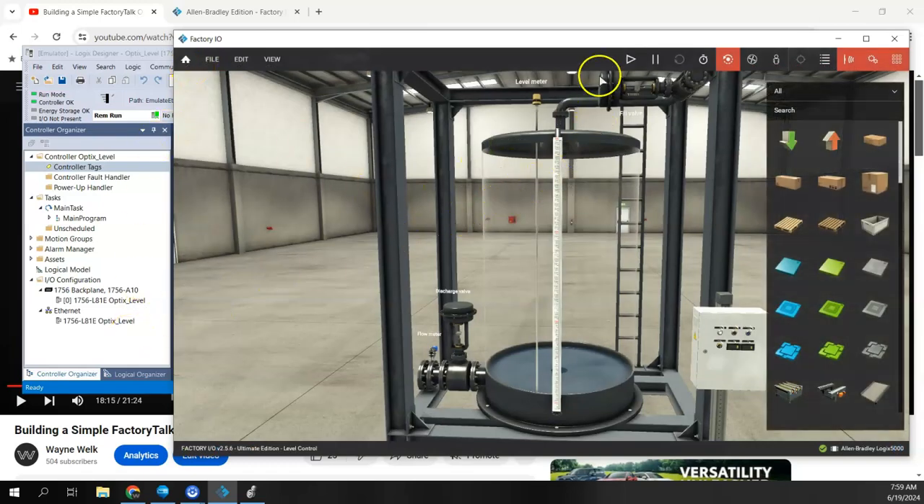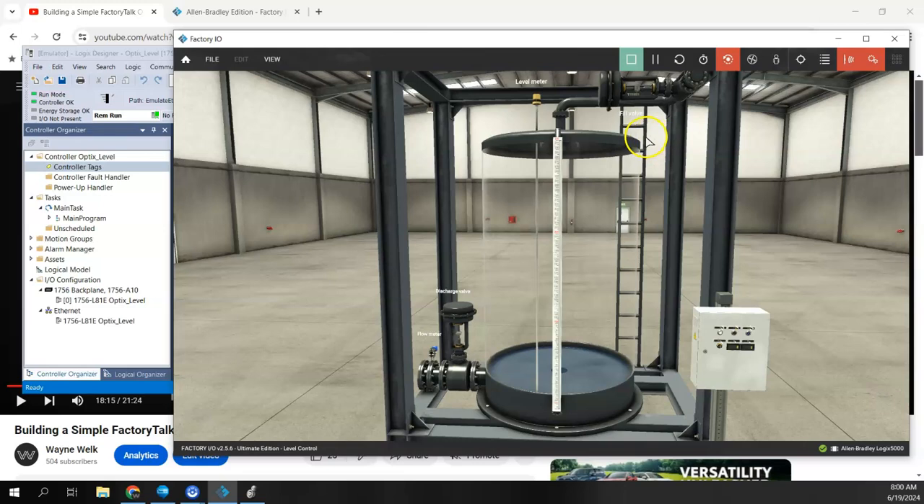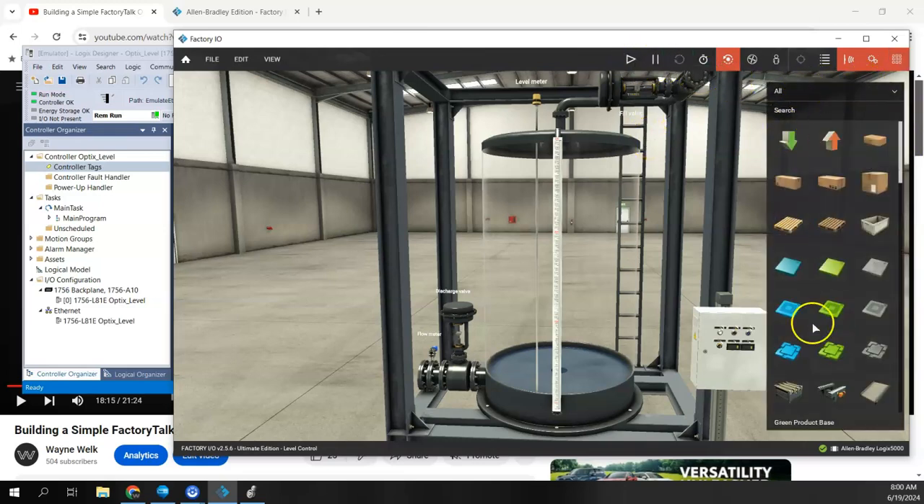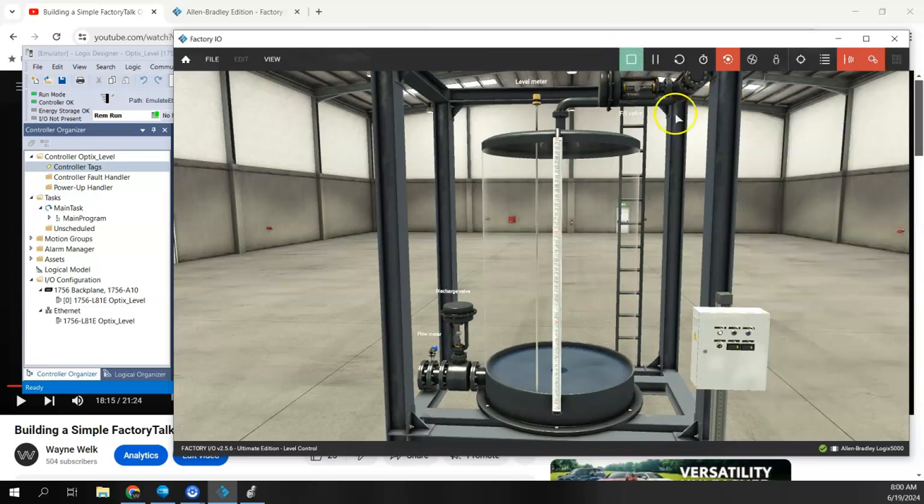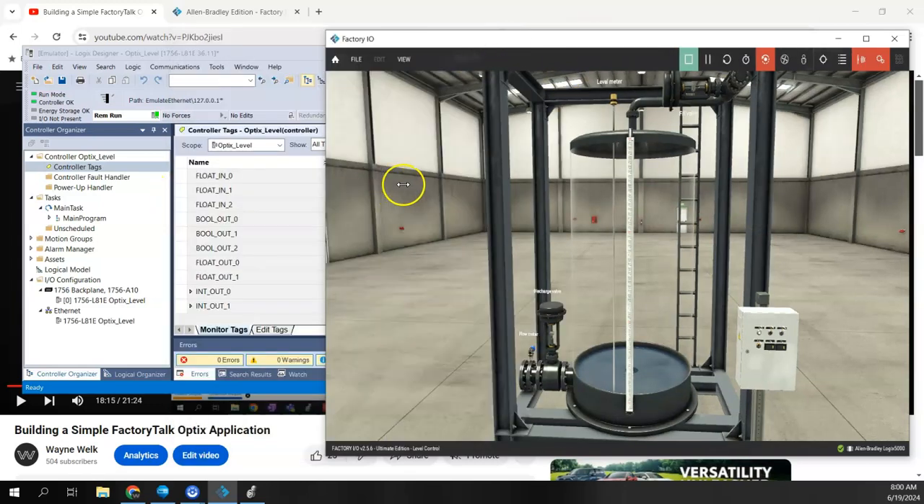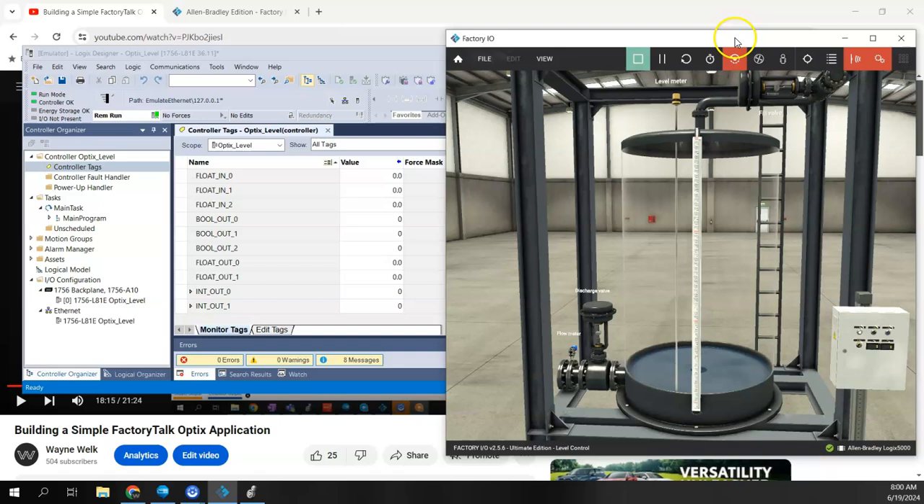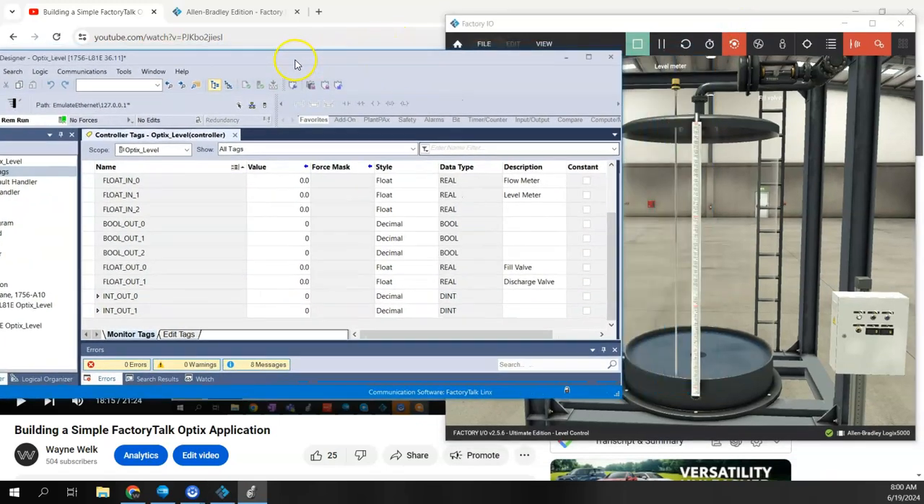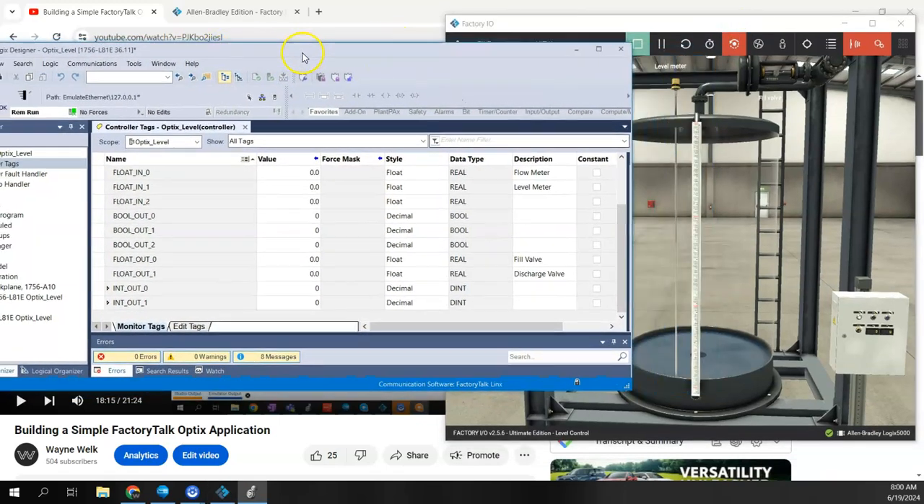And the other thing we got to do is make sure that Factory I/O is in the run mode. Okay, so now we're in the run mode. When we go in the run mode, our little editing window here goes away. Now, to put this side by side as best as possible, what I can do now is I could come